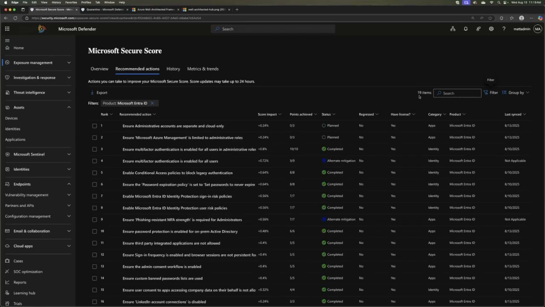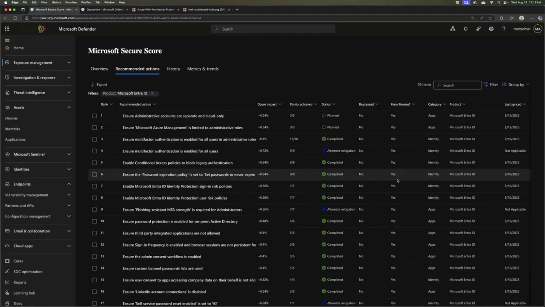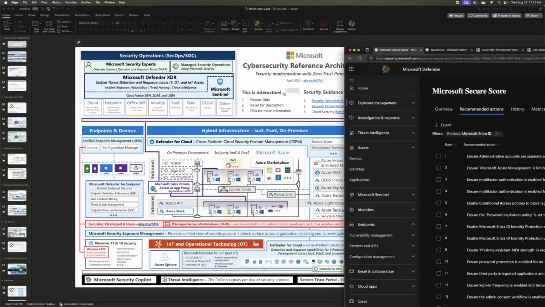Now, it doesn't mean that when you configure all these things you're 100% protected and this is everything. No, it's just a starting point. So when we think about that roadmap, if you're on Okta and we have a conversation around, look, you're already paying for Intra under your existing licensing, and if you're ready to move off of Okta to Intra, great. The first step in that roadmap is let's do some basic security hardening of Intra. Here's how we can get started, and now we can start to monitor our progress against it. So secure score can be used as a way to help me get started in that roadmap.